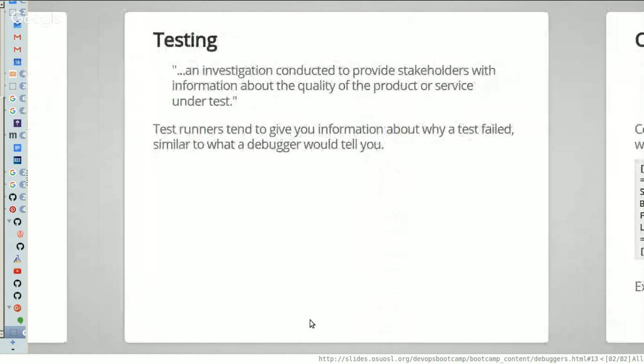So moving on, testing is very important. We've talked about testing in the past, but test runners are the programs that run your tests. And they tend to give you some really good debugging information when your tests fail. So it isn't necessarily what a debugger might tell you, which is like, this failed, this is the value, or your code stopped working, this is the value of some things when it stopped working. But rather, your code worked, it just produced the wrong answer, and here's the difference between what I was expecting